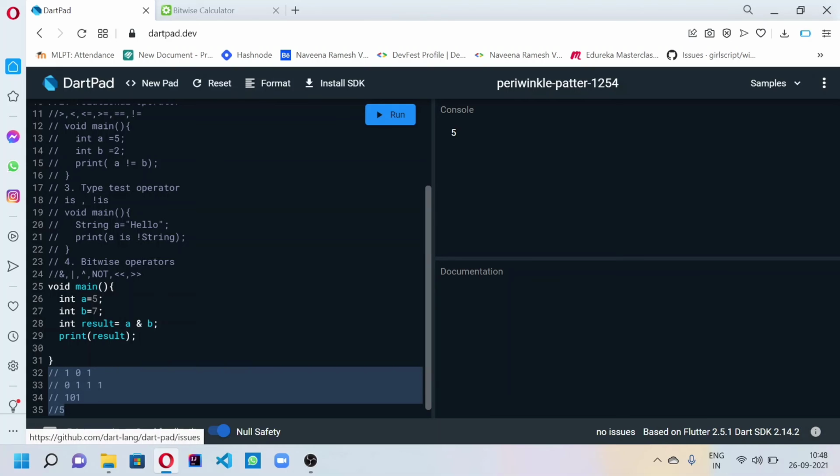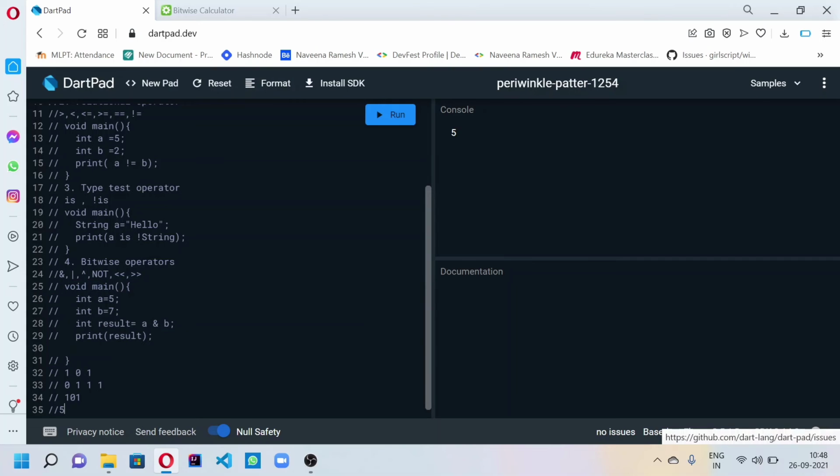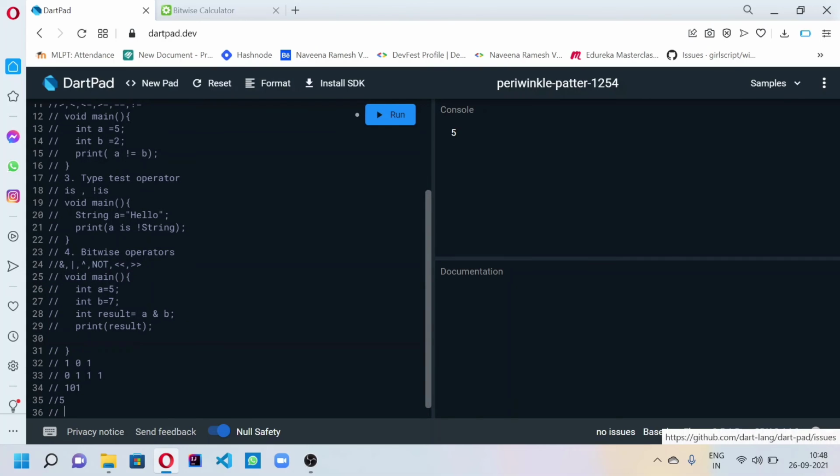So don't worry. Now we see about assignment operators. As I already told, equal to is an assignment operator. And we have one more assignment operator, which is used for null safety.